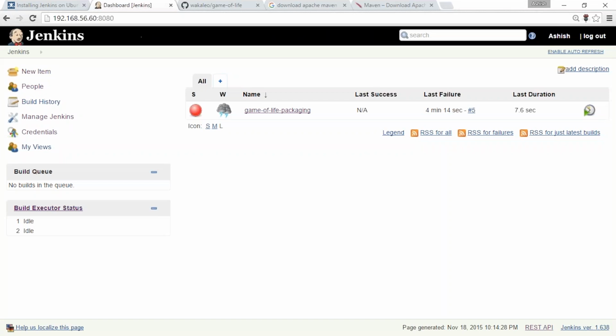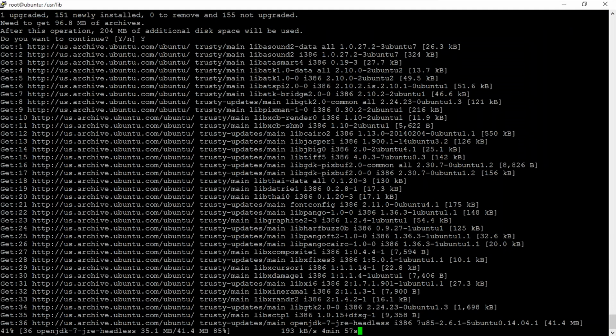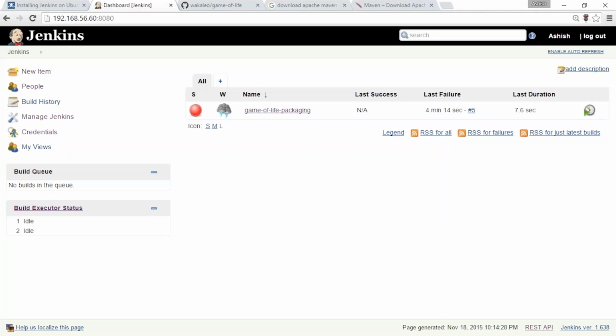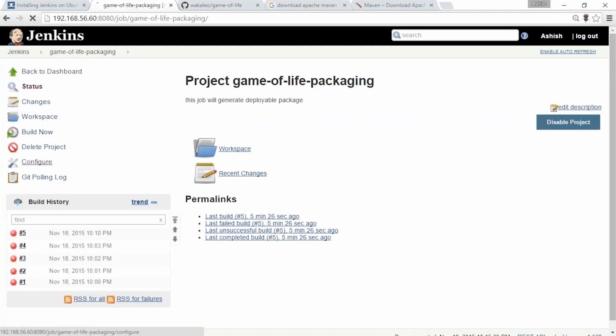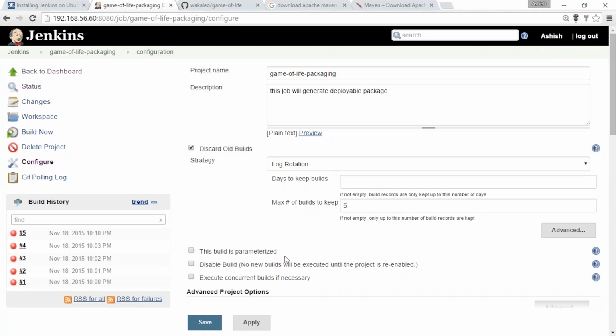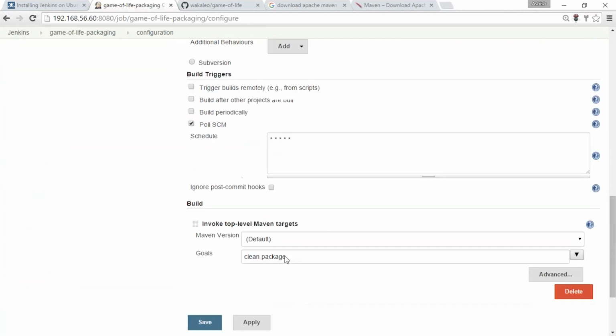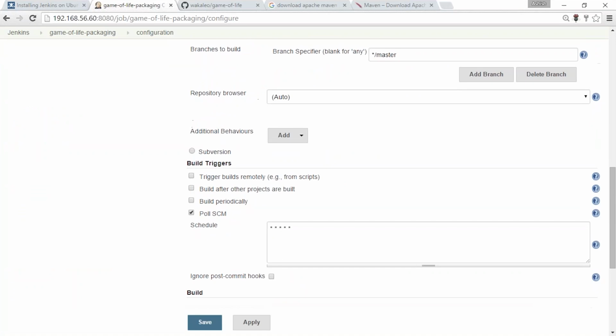Okay, another question here. The question is from Joseph. What is the matrix build? Okay, so let's go back to the job configuration. Matrix build is a job when you have multiple targets to configure, or different parameters that you are firing on